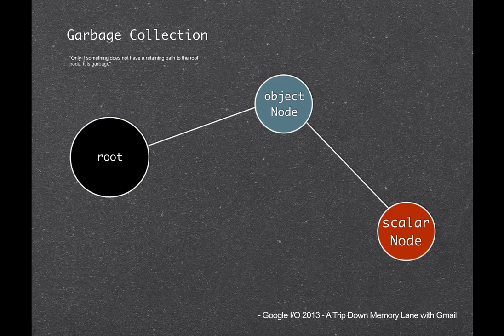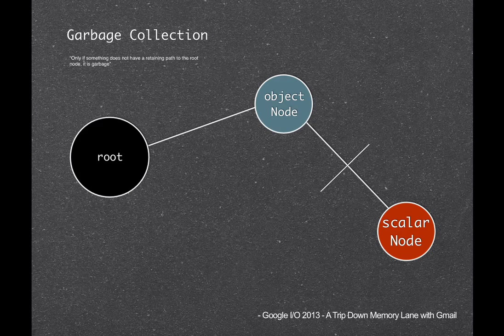In that we define an object node. And in that we have something called a scalar node. A scalar node is basically a reference which can only hold a reference to one entity. These are your primitive types, your strings, your booleans, your integers and stuff. And these can easily be freed up, and their reference cannot be moved basically. So if we cut off this path, say we set this particular scalar node's value to null, this memory will